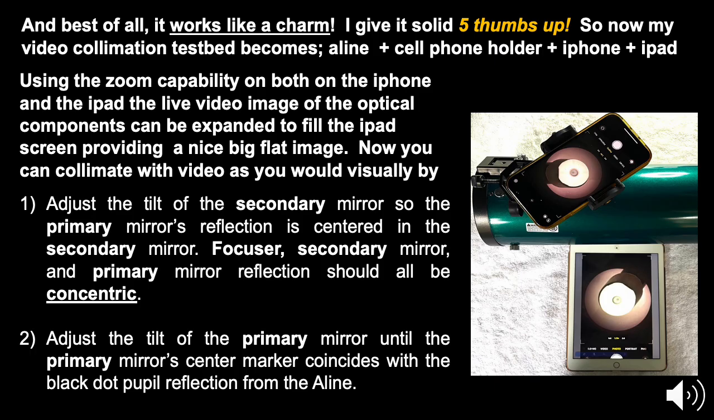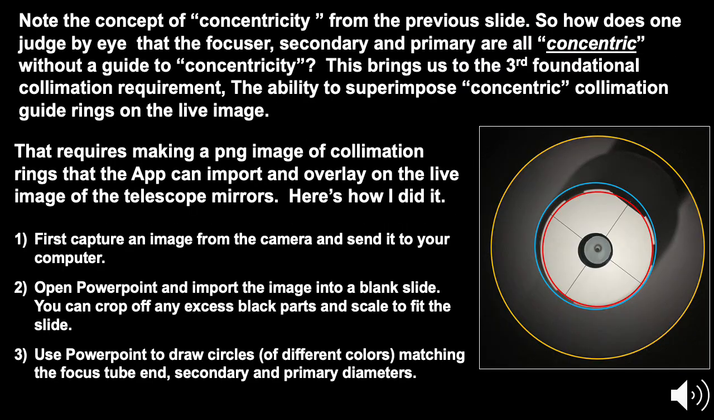Focuser, secondary mirror, and primary mirror reflections should all be concentric. Adjust the tilt of the primary mirror until the primary mirror center marker coincides with the black dot pupil reflection from the A-line. Note the concept of concentricity from the previous slide. So how does one judge by eye that the focuser, secondary, and primary are all concentric without a guide to